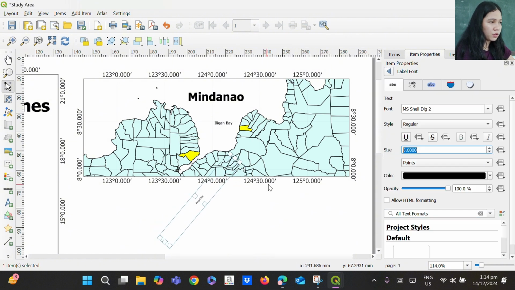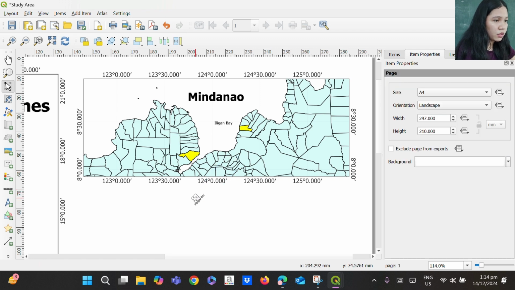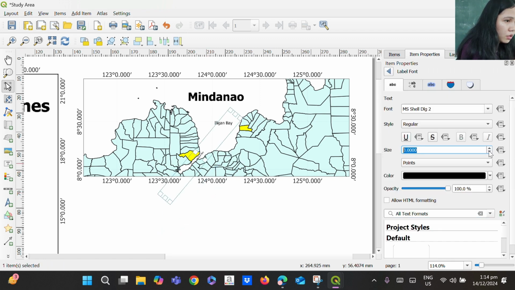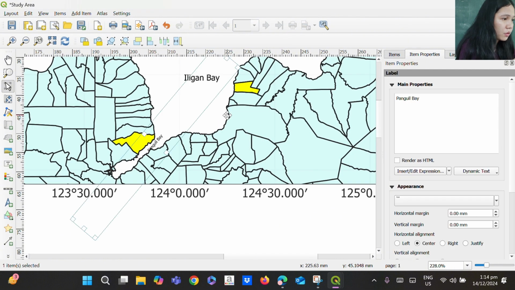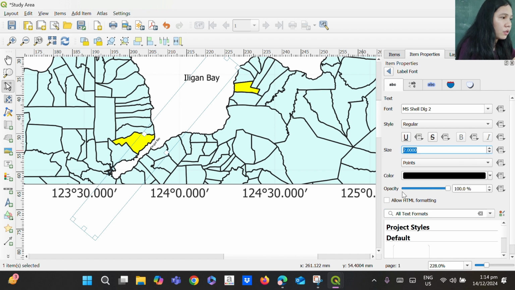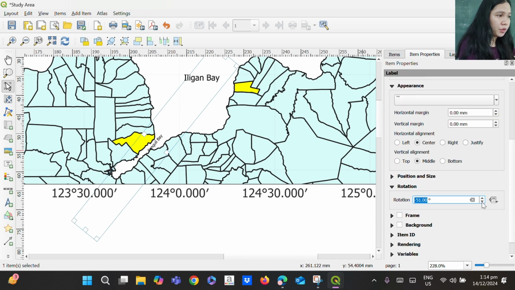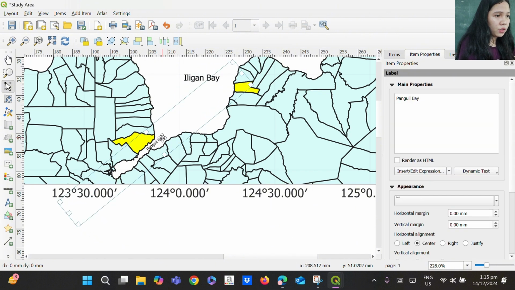So I'm going to adjust the font size to 4. Then carefully put the text in between the landmass. So you need to continuously adjust the rotation so that it can fit this area. Okay, that's it.